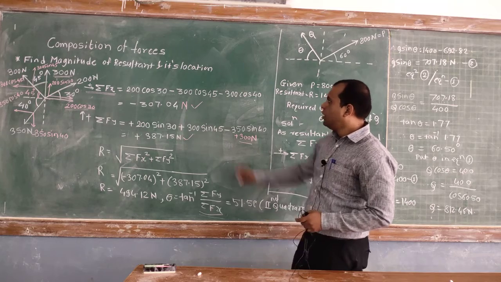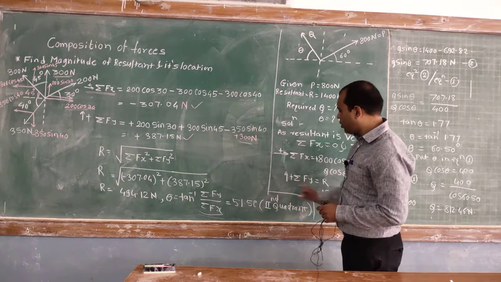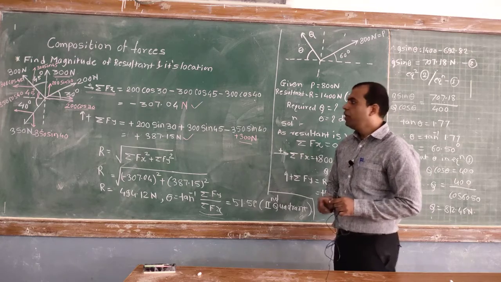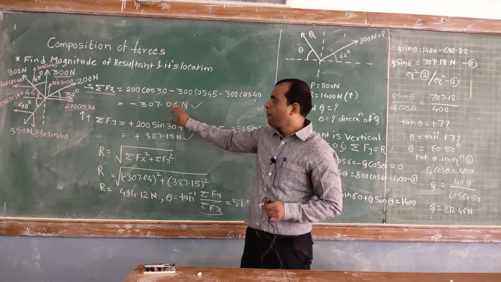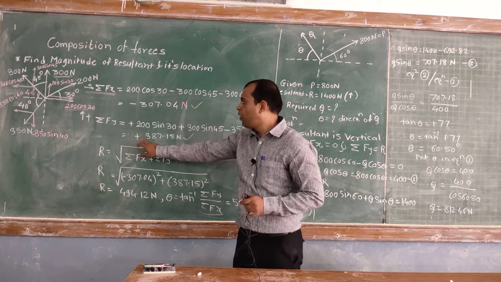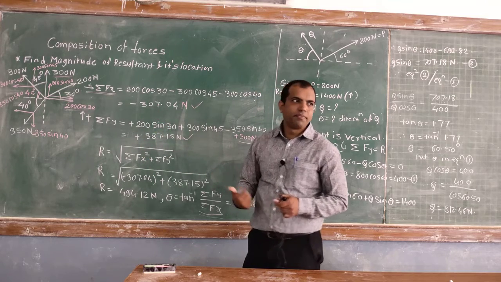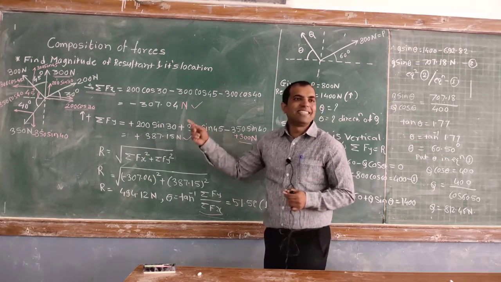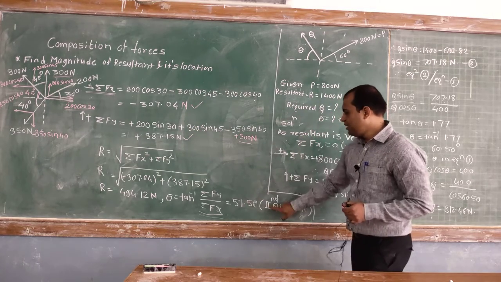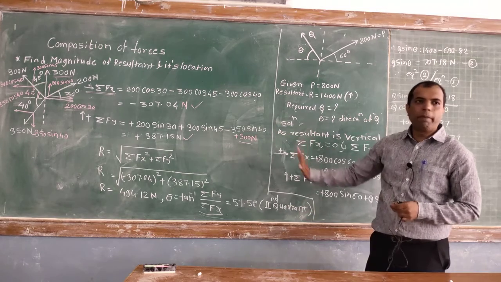so you will get 51.58. Now in this case, in which quadrant does this resultant lie? Here I have written the second quadrant. The resultant will lie in the second quadrant. How does it lie in the second quadrant? If you observe these two answers, summation of F of x comes out to be negative and summation of F of y comes out to be positive. In which quadrant is x negative and y positive? Yes, in the second quadrant x is negative and y is positive. Therefore, this resultant lies in the second quadrant. Okay, so understood this? Very simple problem.